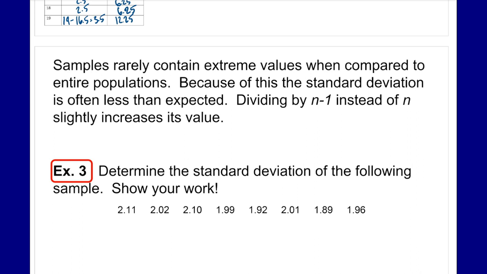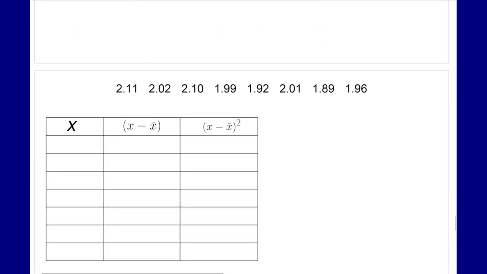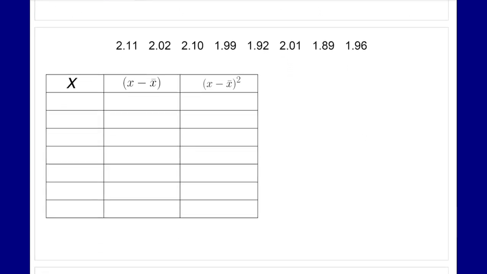So we're going to do the same thing. We're going to work through and calculate the standard deviation of the following sample. That is key: we want to find the standard deviation of the sample. Now we still need to find our mean. That doesn't change. We still need to find, in this case, our x bar, because it is the mean now. So when we add up all the values, 2.11 plus 2.02 plus 2.10, 1.99,